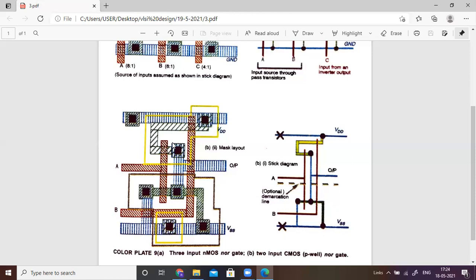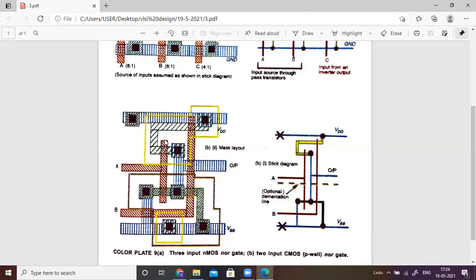Same type of contact, but this one is somewhat different. Another contact here, a 4 lambda into 4 lambda cut. Depending upon this point, you can draw the contact here. The hatching of this contact is metal 1 and p-Thinox, and exactly in the center we have the black color, a 2 lambda cut. This is another contact.